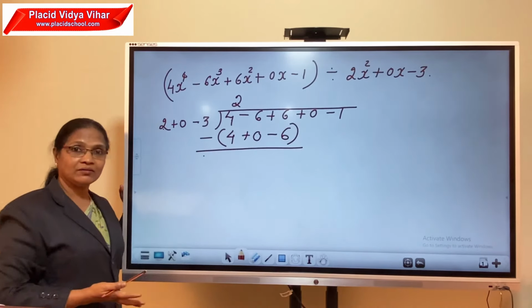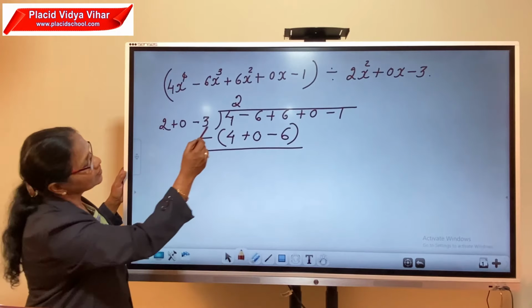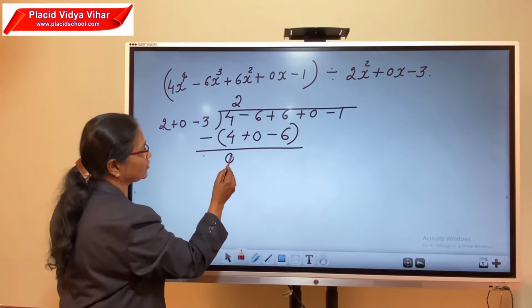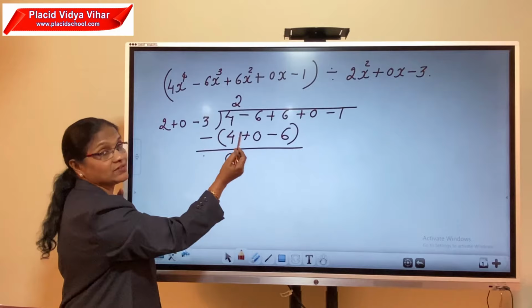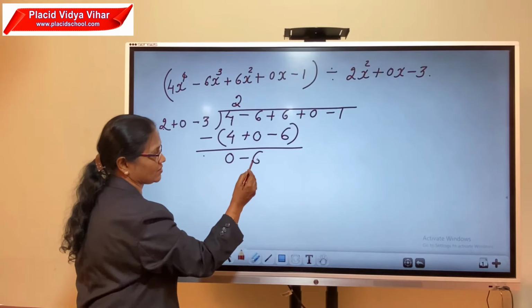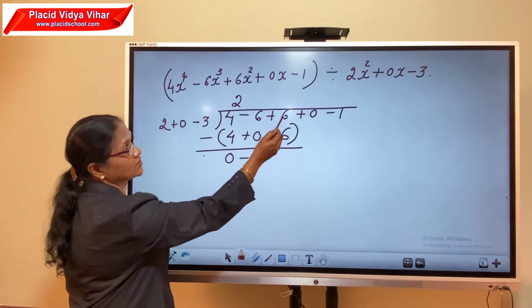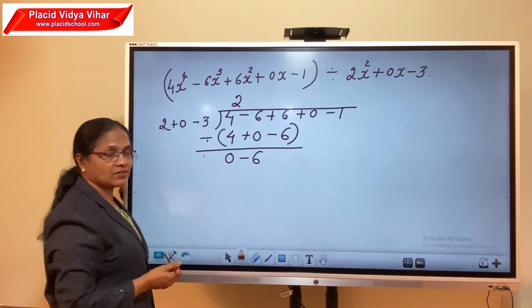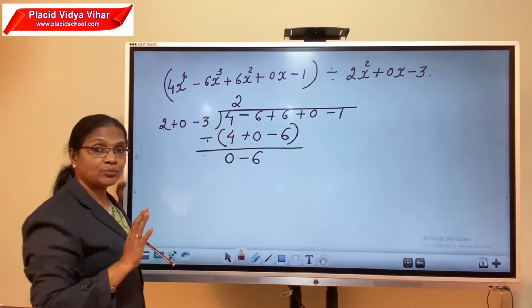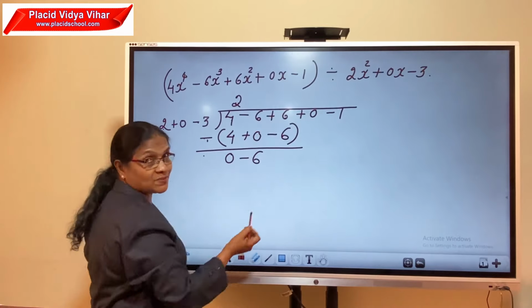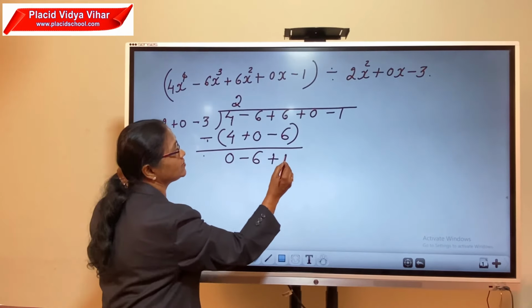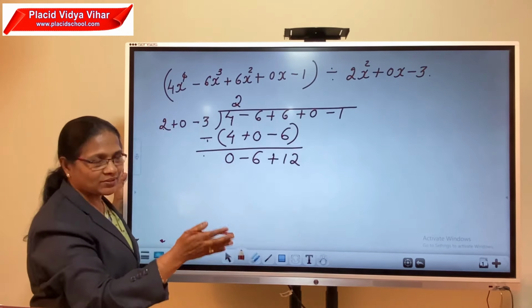As usual, the division we are going to settle. 4 minus 4 becomes 0. Negative 6 minus 0, that is negative 6. Now the next point, 6 minus negative 6. Double negative becomes positive. Therefore, 6 plus 6. 6 plus 6 is 12. Now we have to bring down this